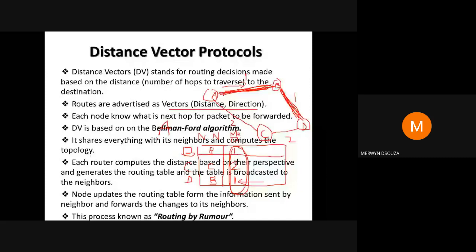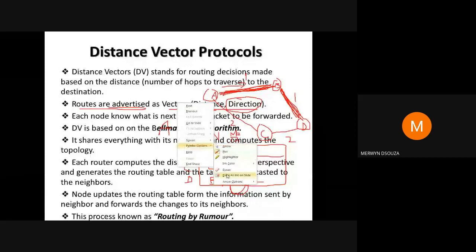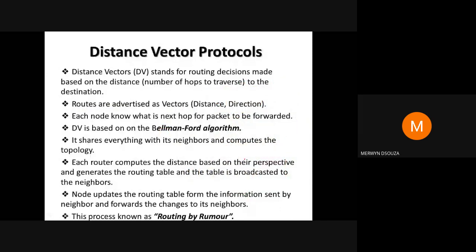In a similar way, a routing table has to be created for each and every node in the network. So basically, two things would be written for whatever advertisement is done for the route. One is the distance and one is the next node in the direction of the path. Therefore here it is written as direction. So this is how your distance vector basically would work.